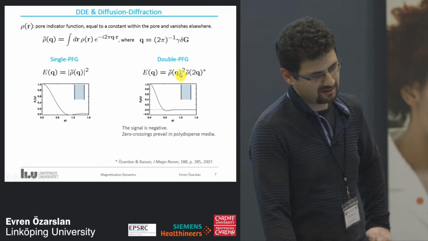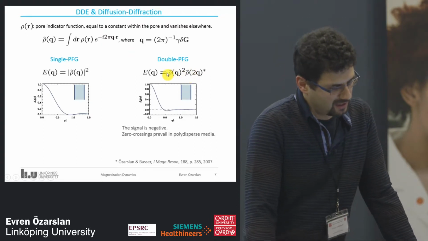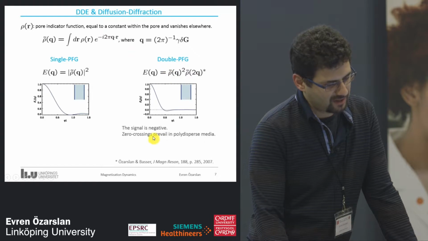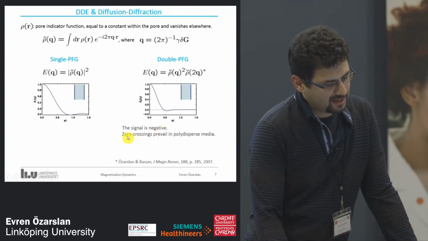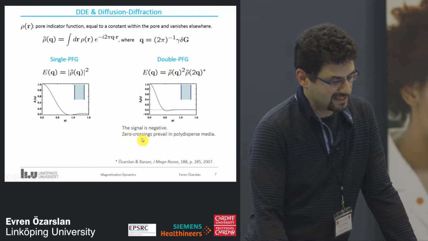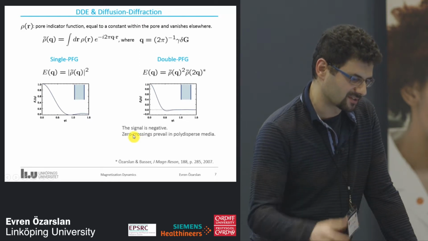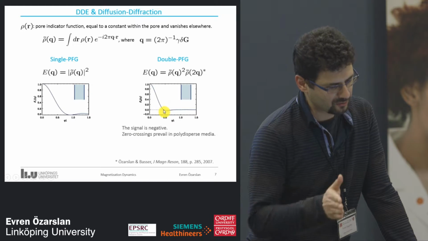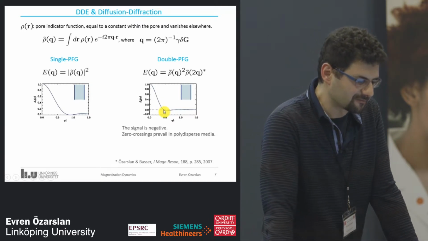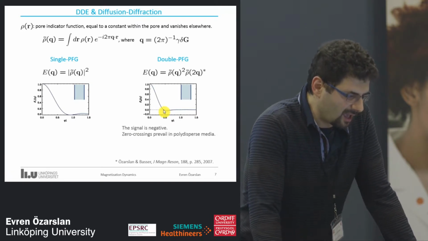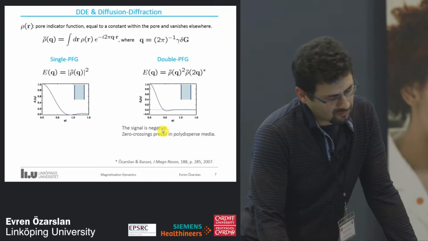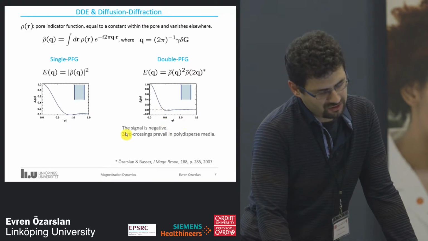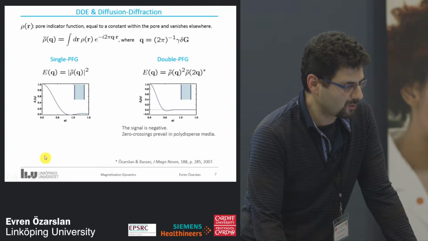And of course, this has consequences. This is not necessarily positive or even real. So the signal can be negative, and it will exhibit these zero crossings, right? The signal actually will go through the horizontal axis and get negative values. And we realize that this can be quite important, especially when you have heterogeneous media, because here, when you have